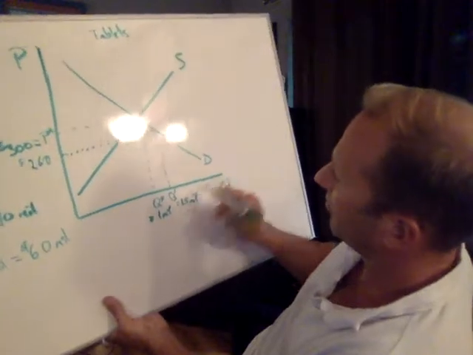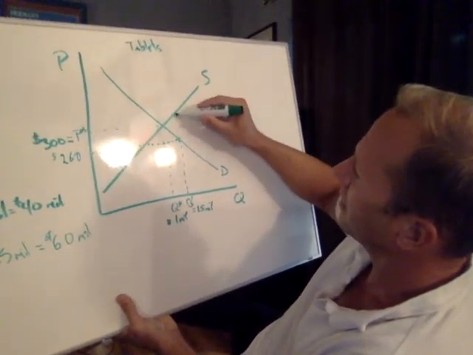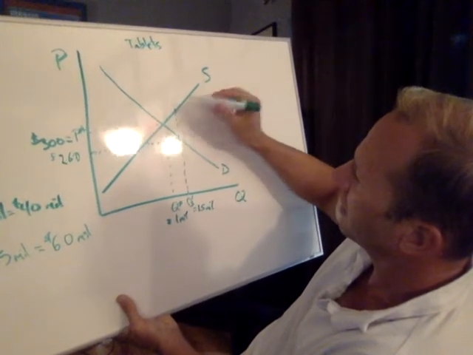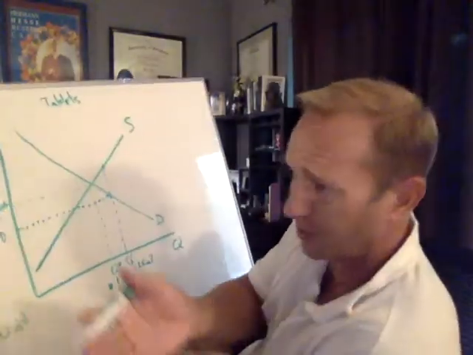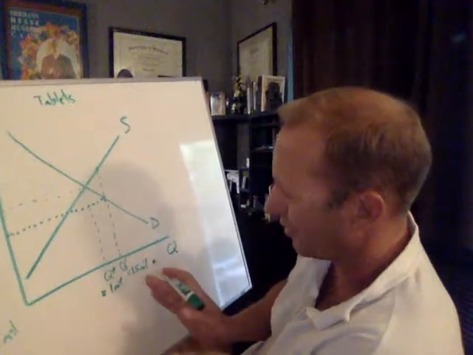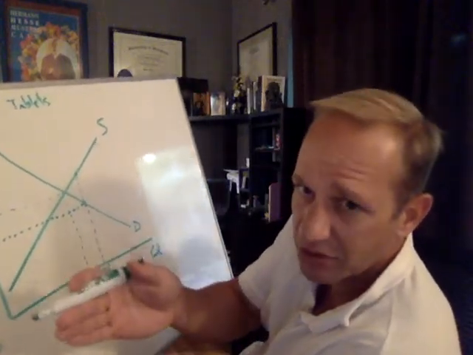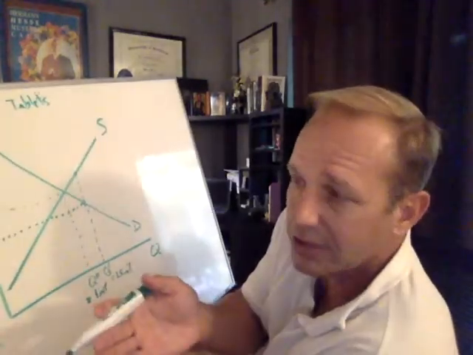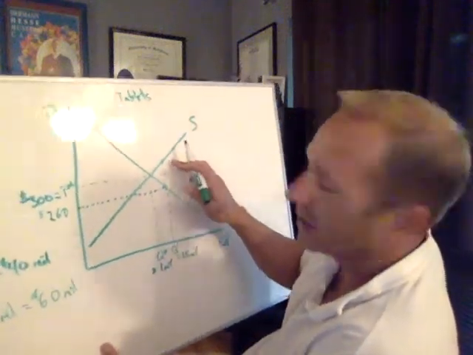Here's why I'm saying it has to rise to 320. 1.5 million is here on this number scale. Well, the supply curve, if it's accurate, tells us that to produce 1.5 million, the sellers aren't going to produce more unless they're compensated to produce more because they have costs. They have to bring in people to make an extra 500,000. They have to bring in those raw materials to do that. They have to figure out how to distribute an extra 500,000. These are real costs, and so to compensate them for these real costs, they need a higher price.